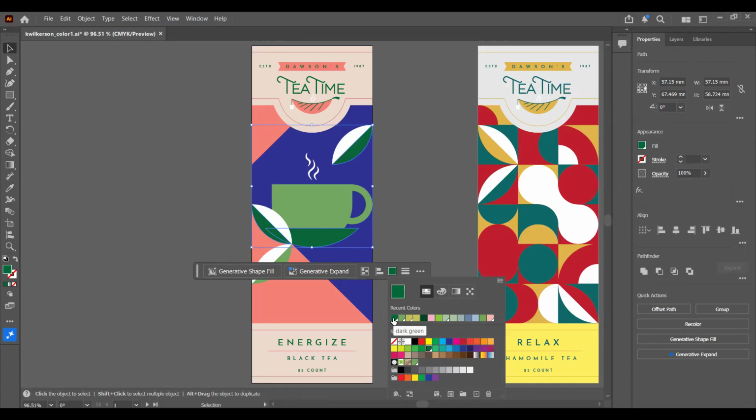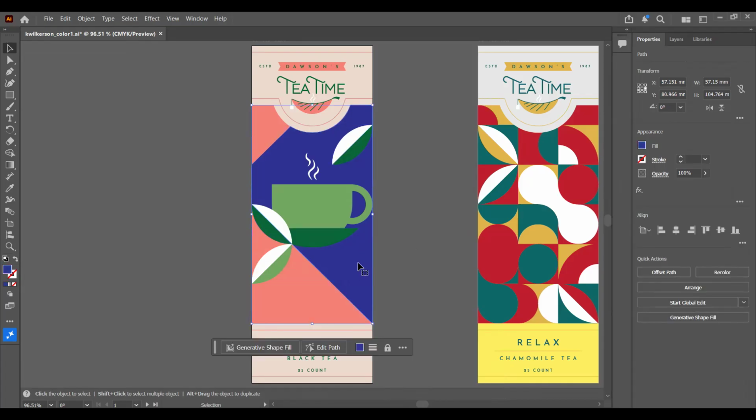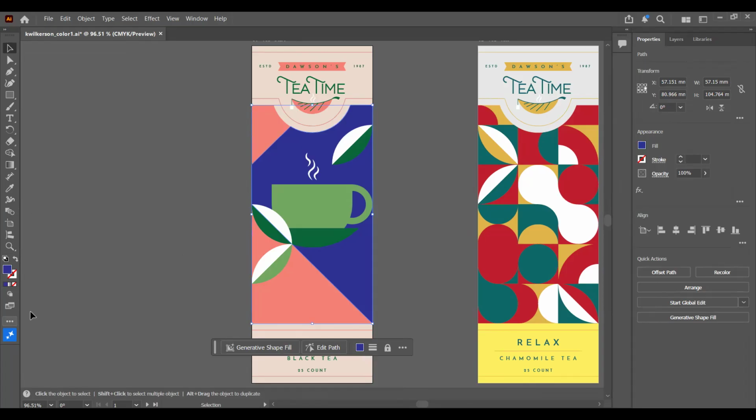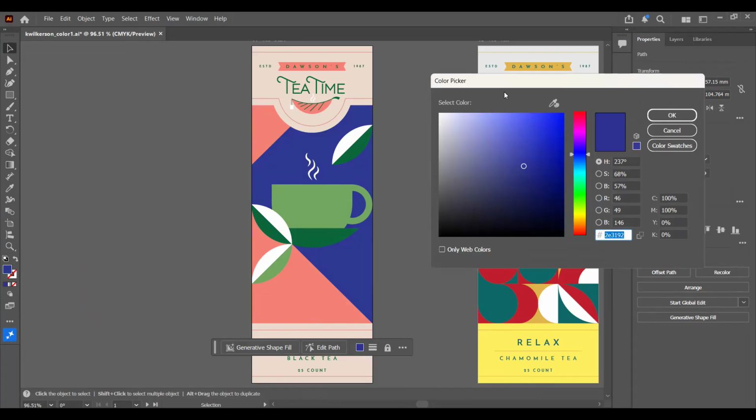Okay, so another way, we're going to use another method now for creating color using the color picker. So I just clicked on this dark blue shape behind the coffee cup. Okay, it's kind of a deep royal blue. Actually, I'm going to come over here to my toolbox, where I have this dark blue box, and double click it,